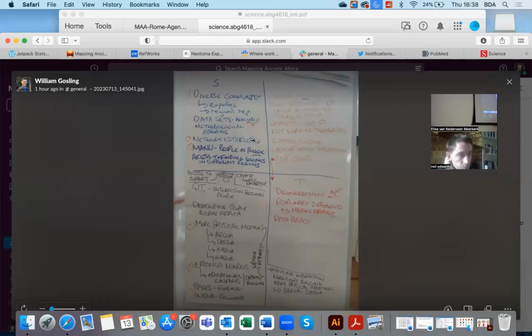So our group, we had a similar set of points. I think the key strengths were the diversity of the community in terms of where we're from. So acknowledging that there are some regions that are underrepresented, but we have a pretty broad network across Africa, with people representing from that. And also in terms of diversity of expertise, we do have archaeologists engaged, we do have modelers engaged, we do have lots of palynologists, which is of course the underpinning strength of